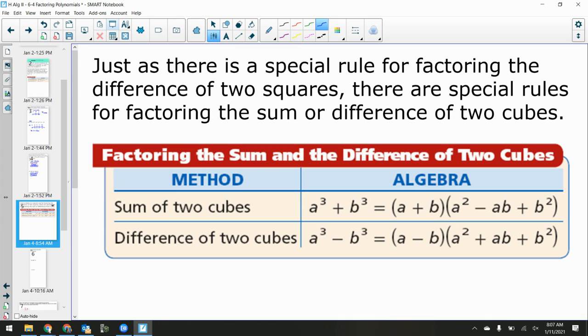Think about, well, what's 2 to the 3rd? Isn't that 8? So 8 is a perfect cube. It's 2 times 2 times 2. Same thing with 27, 3 times 3 times 3. Same thing with 64, 4 times 4 times 4. 125, 5 times 5 times 5. And so on. So those are perfect cubes. Now, you have rules for both sum and difference of cubes. So this is unique to cubes. Squares, we only had difference. The last example showed us that we couldn't factor a sum of squares, but we could factor a difference of squares. We can actually factor both sum and difference of cubes,